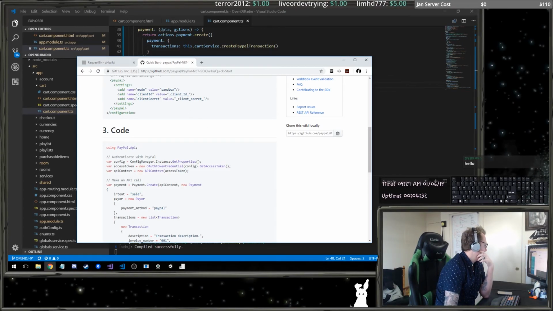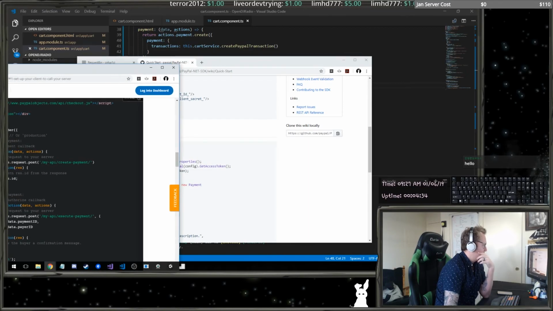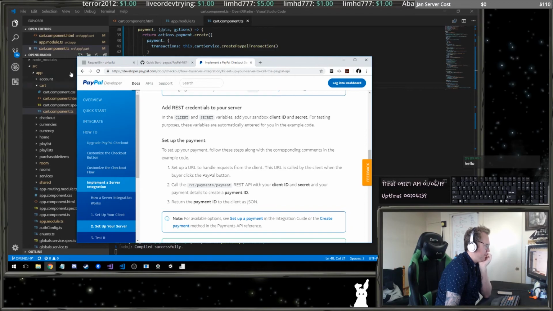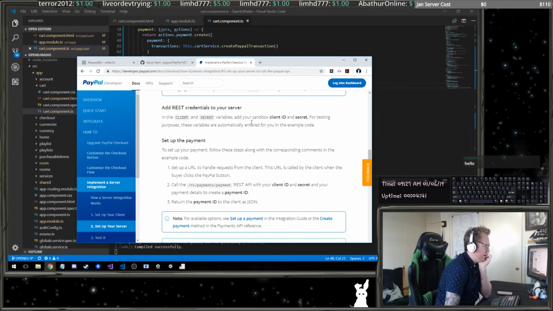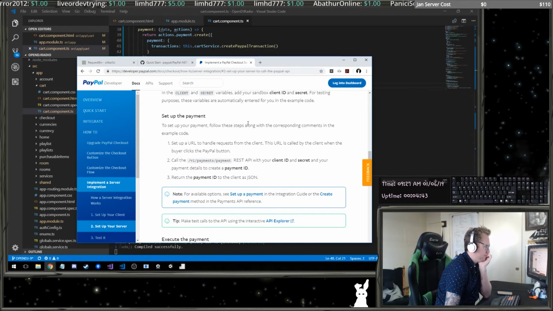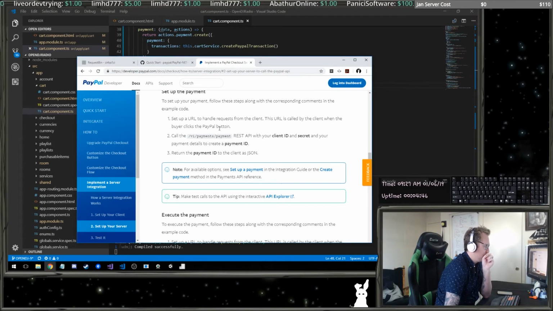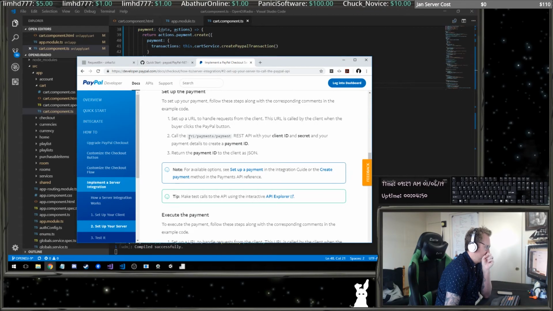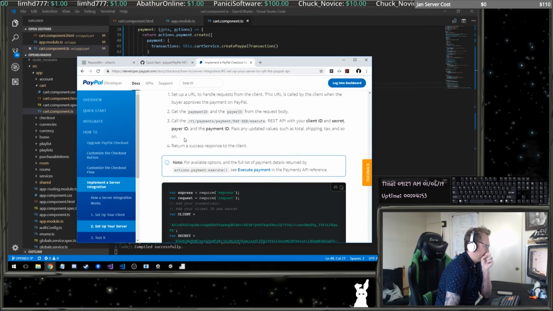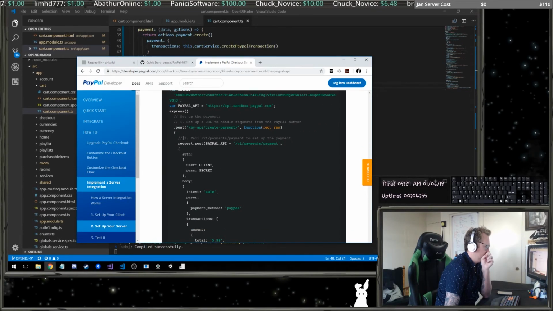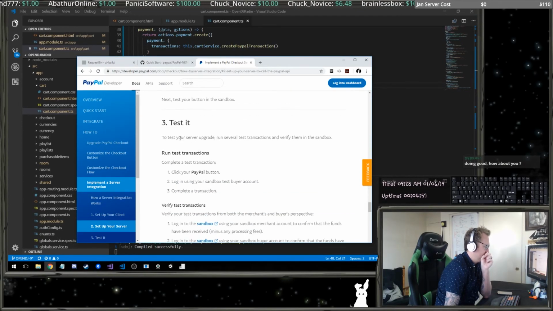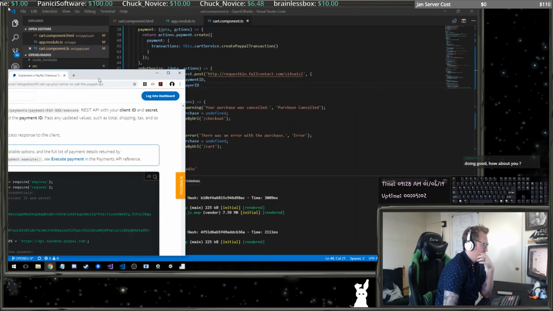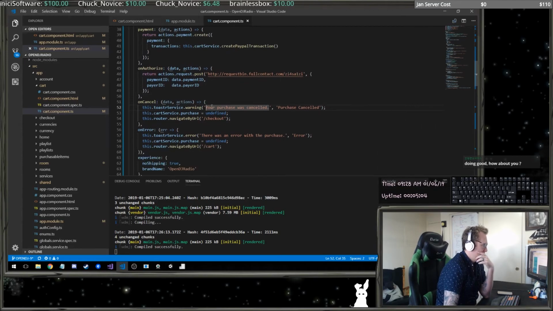Or we could do it over here, not using that, where we would just set up an endpoint on our API, and then we would retrieve the client ID and secret, and then we would execute the payment using a post here. So I think this is easier. The next thing that I want to do is